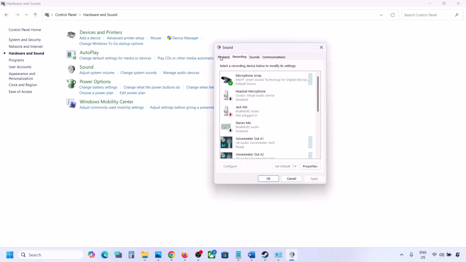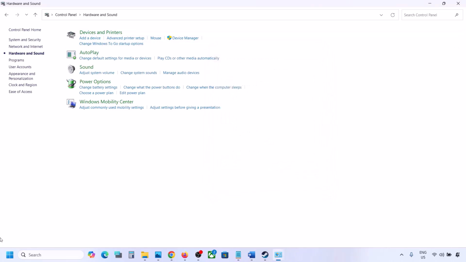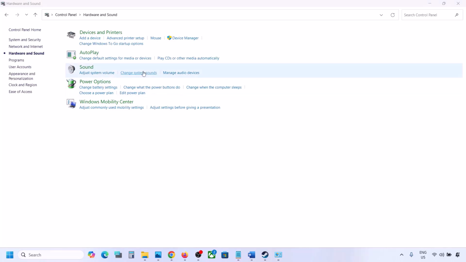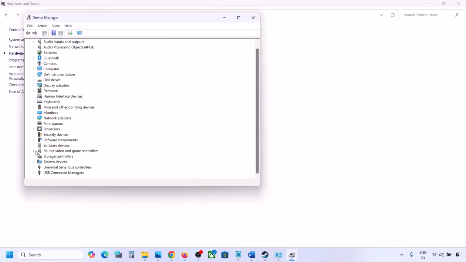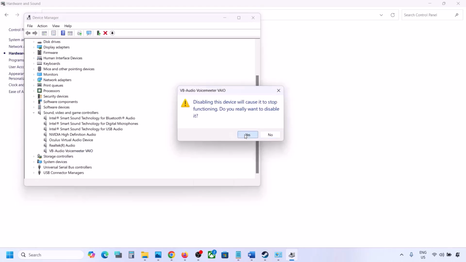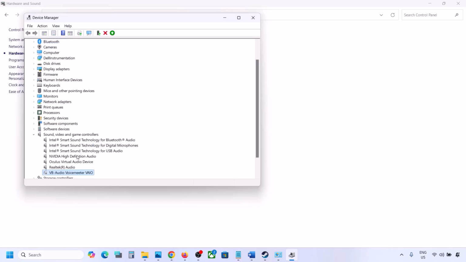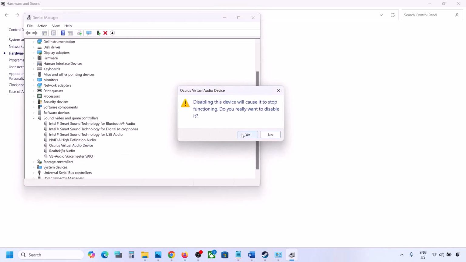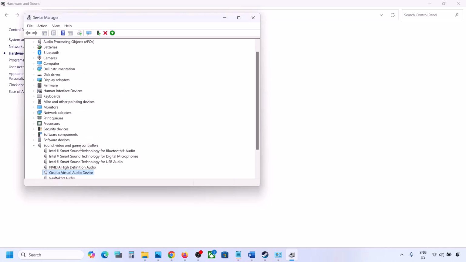So disable, and then you can do the same thing in device manager. Make a right click on the start menu, go to device manager, and expand sound, video and game controllers. I'm using this Realtek, and the rest I'm not using, so I will make a right click and disable it. You can always enable it whenever you want, simply make a right click and enable it. I'm not using this Oculus, I will disable it. If you have this NVIDIA which you're not using, you can disable it,